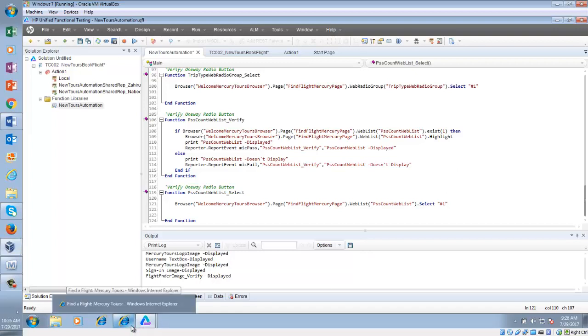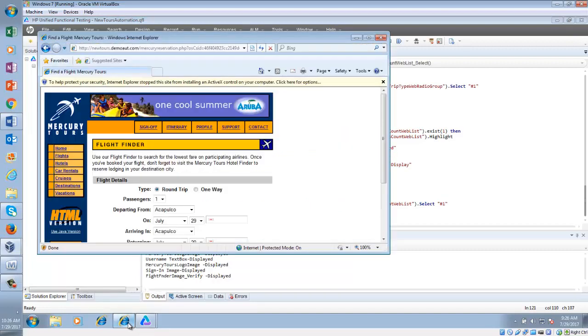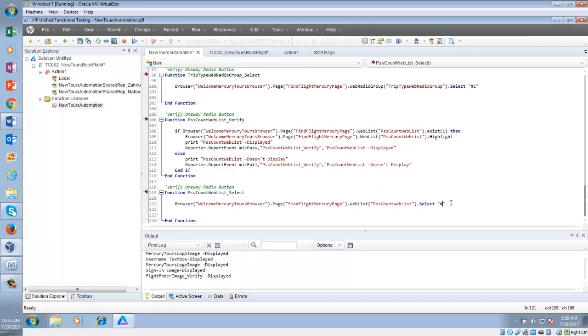No, you do everything as I directed. You do everything in separate functions. Now take a look. What is the thing that you need to select? 4. Now the index of the first item is 0, the second item is 1, the third item is 2, the fourth item is 3. So we want to select 3 here. Does it make sense?